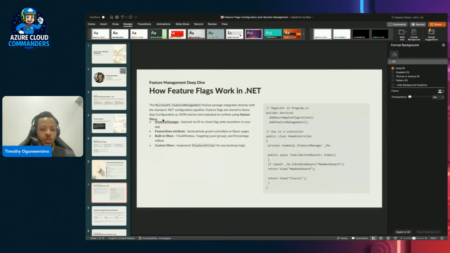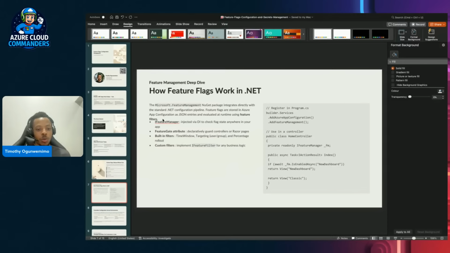So, how does it work with .NET? How do you use it? There is a NuGet package that Microsoft has created, which has most of these features and most of the methods you can call. It is the Microsoft Feature Management NuGet package. Once you download it and attach it to your app, you can use the IFeatureManager interface to access the classes and methods in that